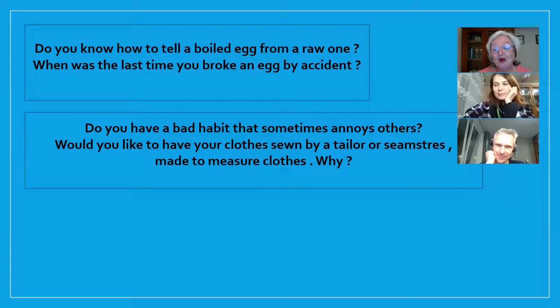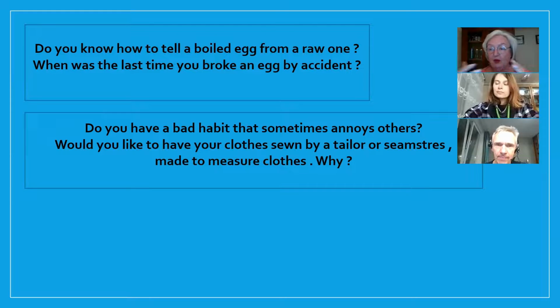Right. And this is where our vocabulary came from. Would you have your clothes sewn by a tailor or a seamstress? Now, I forgot to put another S on that. Seamstress with double S at the end. And a seamstress is the woman who sews, and a tailor is a man that sews. Maybe they have a word now for both genders doing this profession, but I don't know it. So a tailor normally is a man, and a seamstress is normally a woman that sews to earn her living. And they're called made-to-measure clothes.